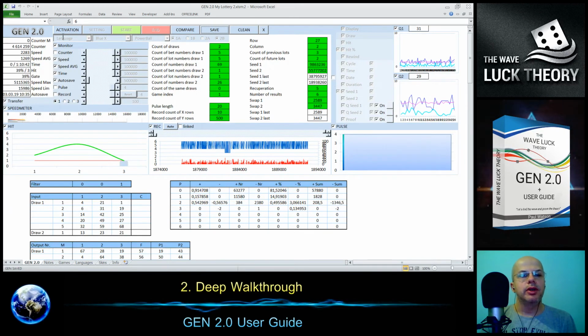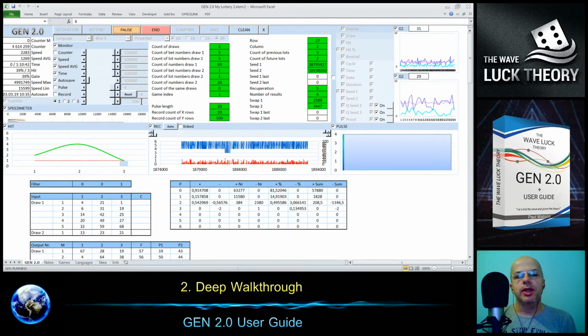And the gate, if we continue the generation, now it continues at this moment, and it's preferred to have the gate at 100. It's in percent, it's 100%. It can be from 1 to 100, and at this moment the gate is equal to 100% of the best result, so it's equal to the best result value, which is now 39. If we put 1%, it will be just 0.39. 50% will be something like 15, 17 or something like that.